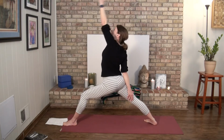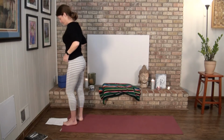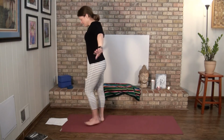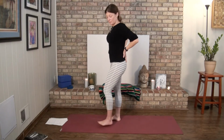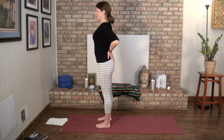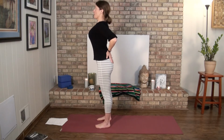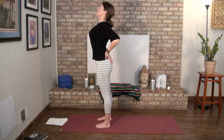Slowly bring yourself back up. Step that right foot forward. Place your hands on your sacrum, the triangular bone at the base of the spine. Press down through the feet. Lift up through the sternum, and then you're just going to take it back for a slight back bend. So we're opening the chest here,